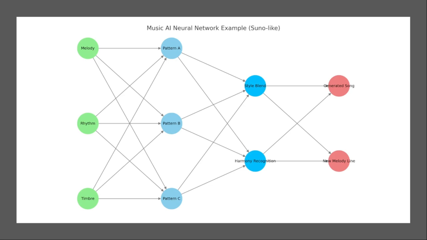Finally, the red output layer, this is the generated song or the new melody line or whatever you ask the tool to do. The process patterns are decoded into sound. Final outputs are filtered to avoid direct duplication. When you get your output, it's a new arrangement or a melody extension, but shaped by these learning patterns that I've explained. So the bottom line is, your melody can influence the AI's learned patterns, but modern systems often apply novelty checks so that the outputs don't infringe directly.